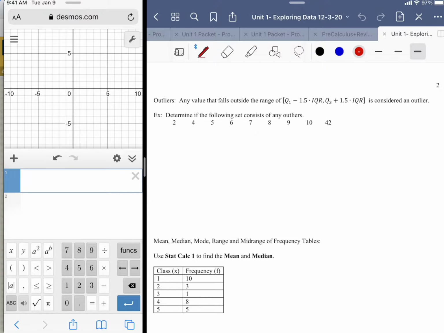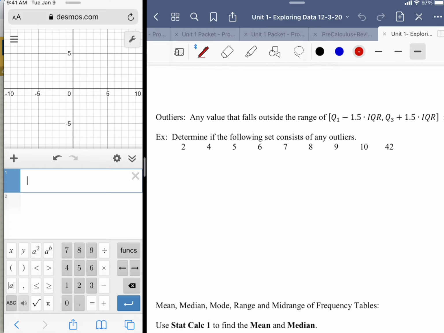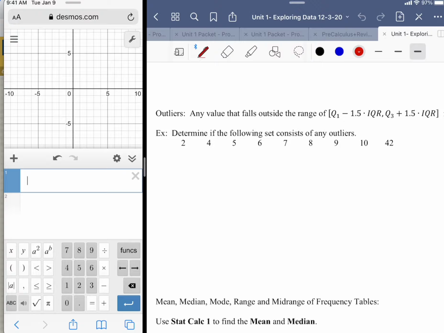But we do have a mathematical way of computing outliers that we can do straight up on Desmos, and we could also do on the TI calculator. All right. It requires us to find the quartile values. Now, when you're looking for quartiles, all you're doing is finding the median multiple times. So I glossed over the by hand approach yesterday, but I'll just do it really quickly. If I'm looking for the median of this data set,